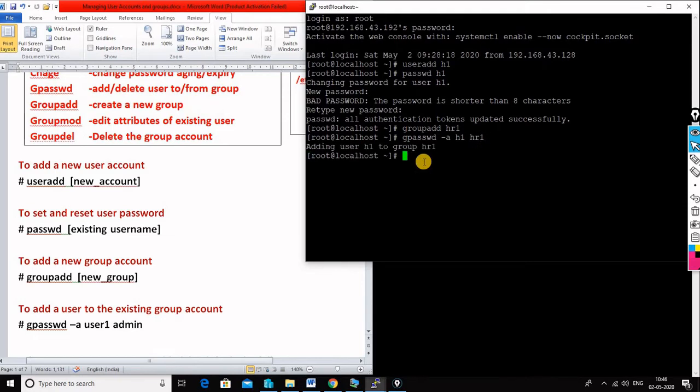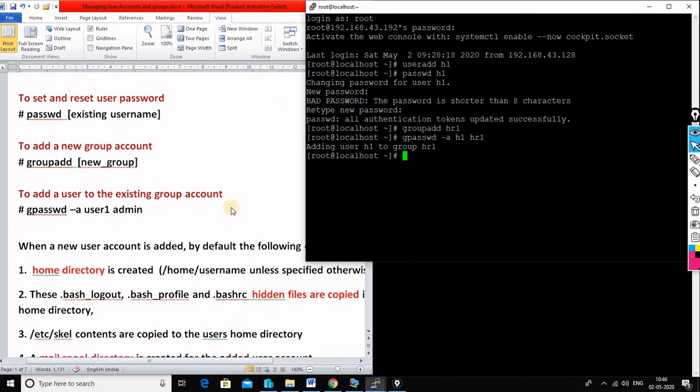Now the h1 user is added to a group called hr1. This is used to make a user a member of the group called hr1.